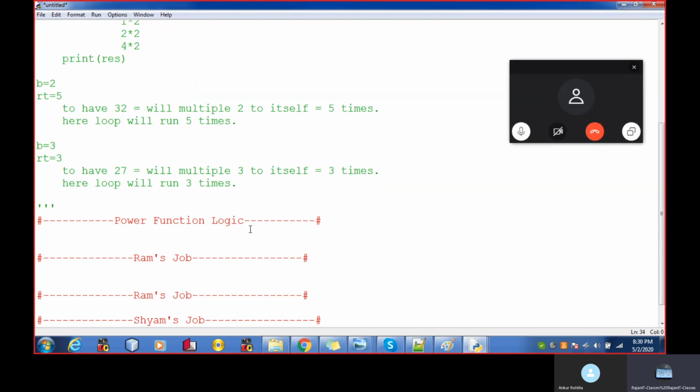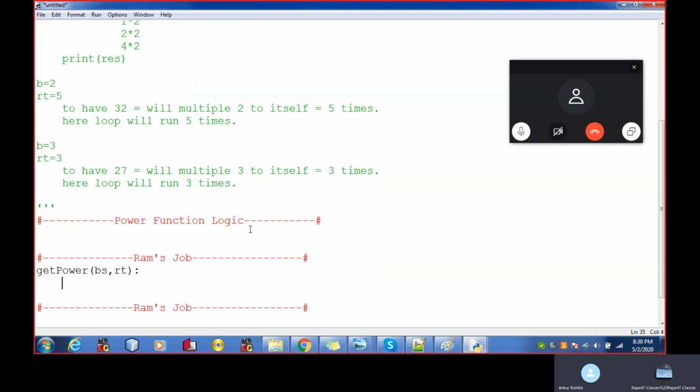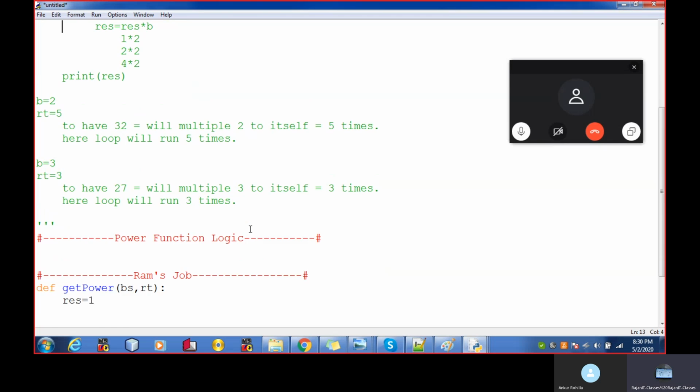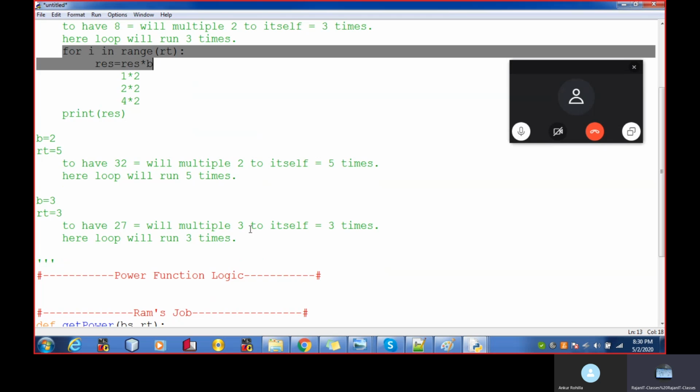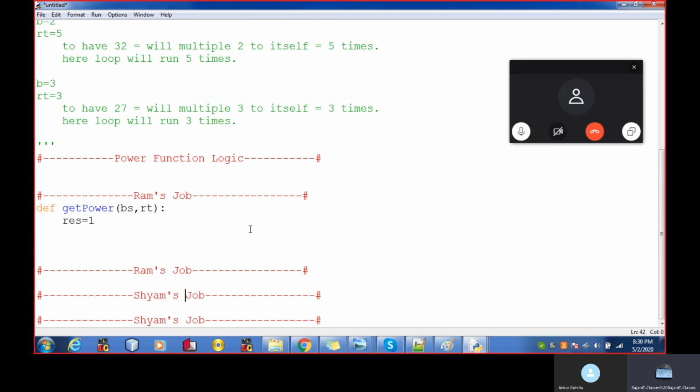Ram's job, we have a function with base and raise to. Using res equal to 1, use the loop, I'm just copying it.